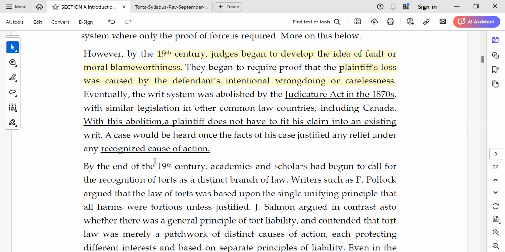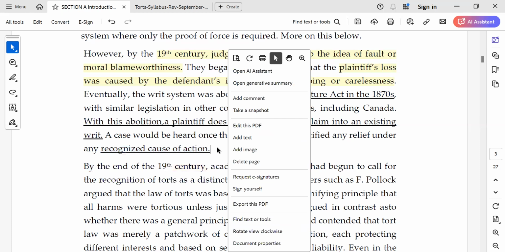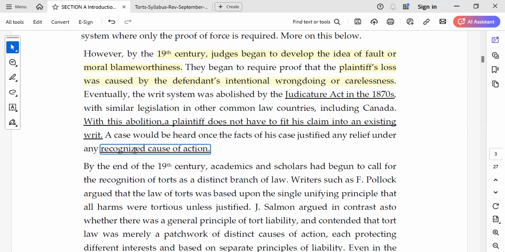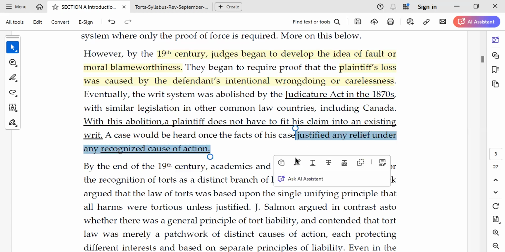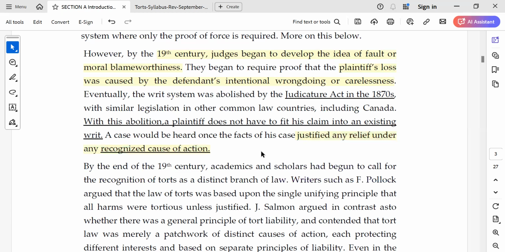Still, they will not say, okay, you bring anything. You bring the case, we'll see the facts. If it is justified, they'll see the locus standi. Locus standi means whether you are eligible to stand before this particular court, asking for a remedy that we can give. There is the jurisdiction, there is the proper structure of the courts, everything. So if any relief under any recognized cause of action is covered, then okay,